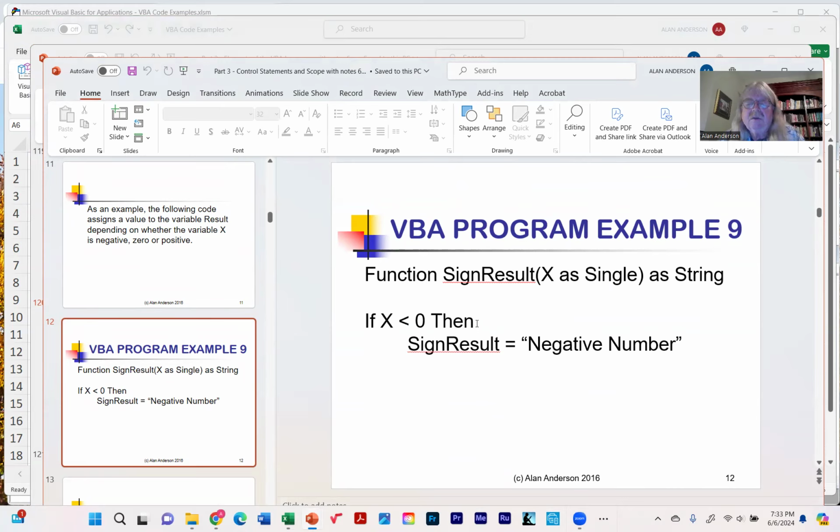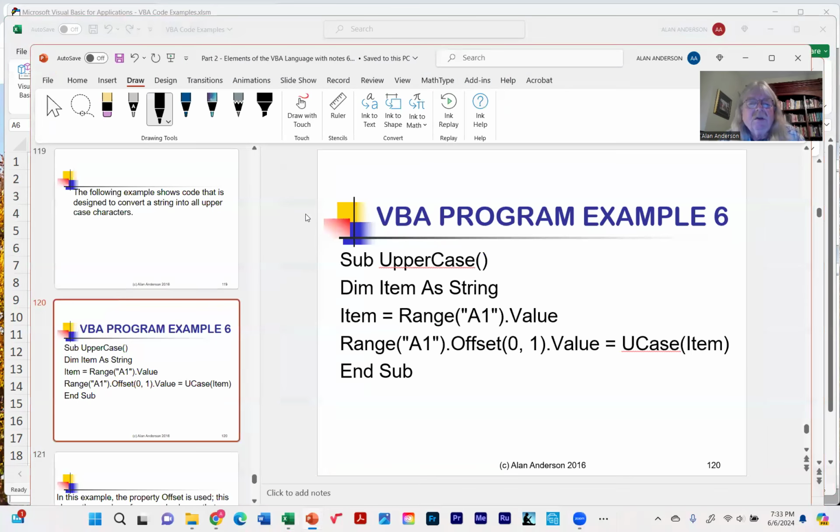Okay, well, this one is similar to the previous one where we only have one possible outcome. If X is negative, then the variable will, by the way, this one is returning a string variable. It's going to be negative number. And once again, it has to be in quotes. So if you run number 9,